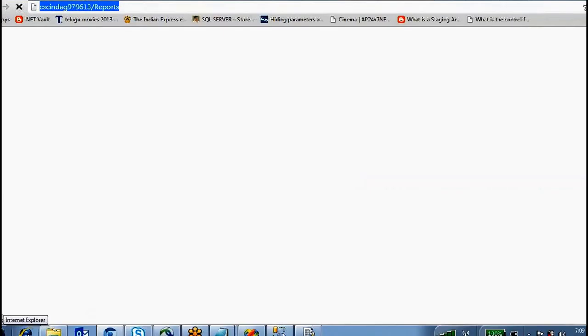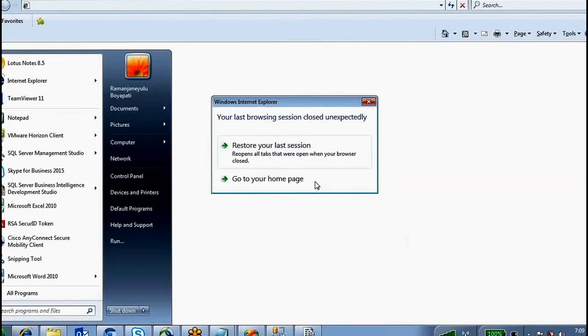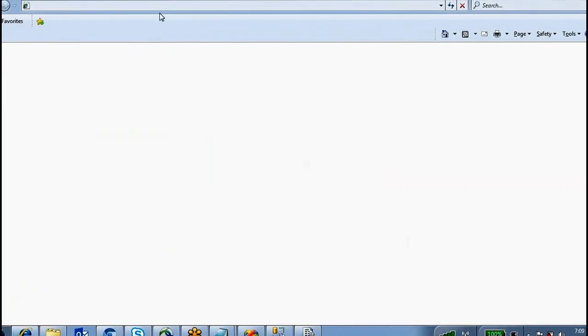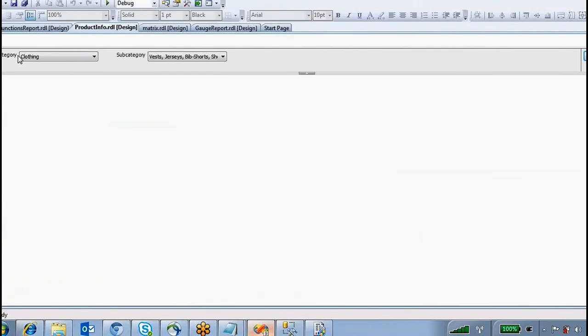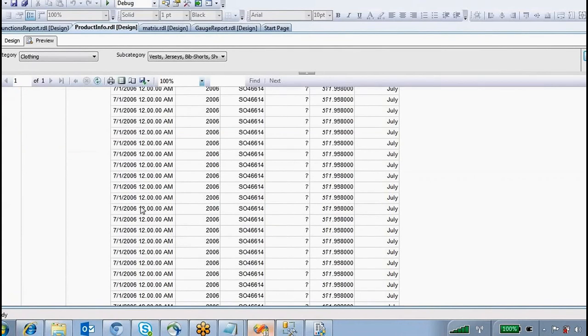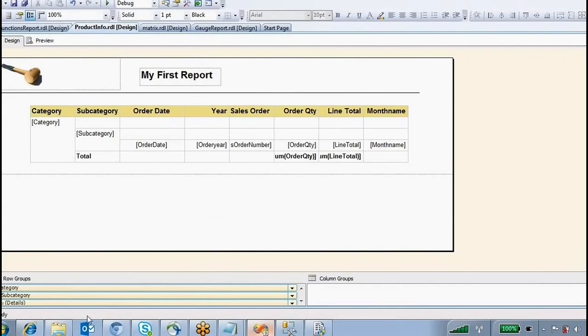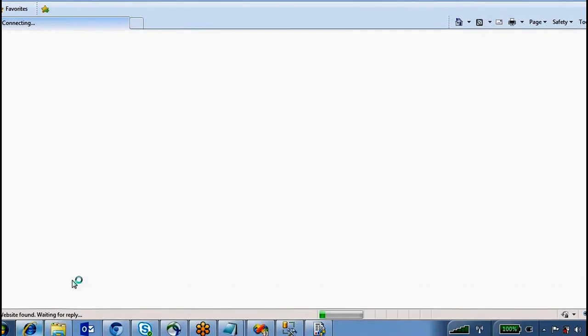So Internet Explorer is the default one. You can use that one. So this way you can display the information. So that is about our development and design of a report.